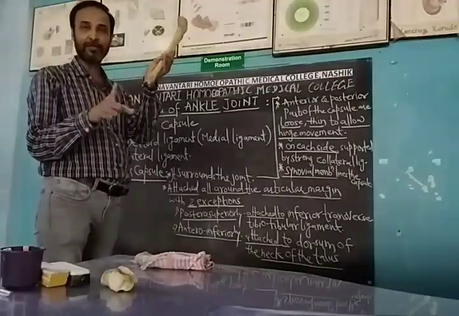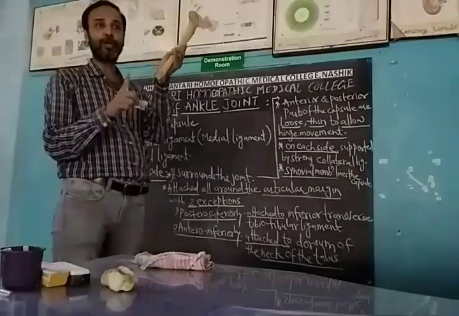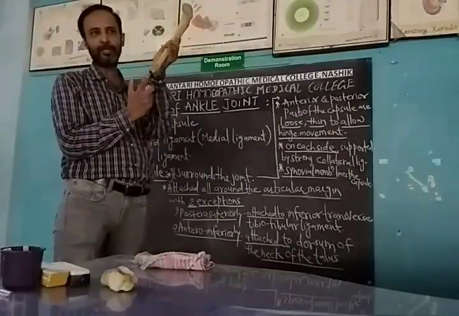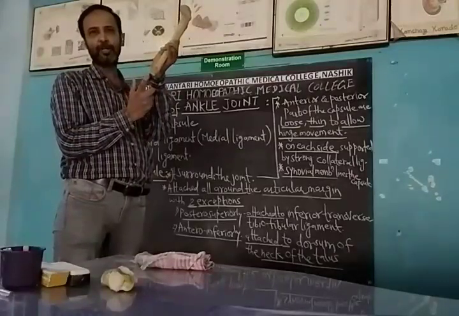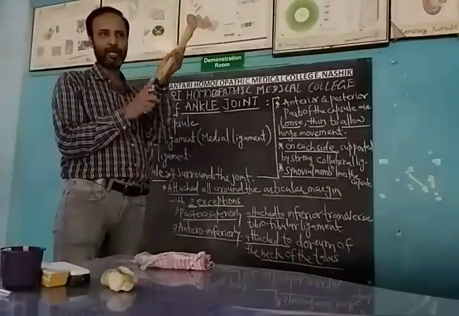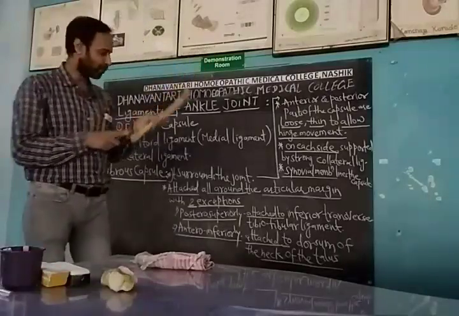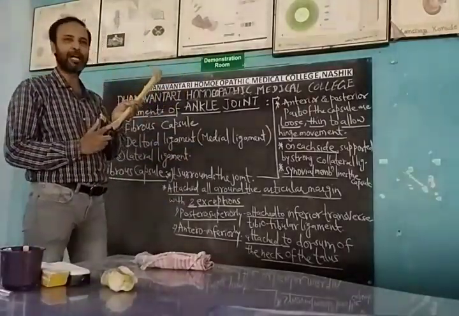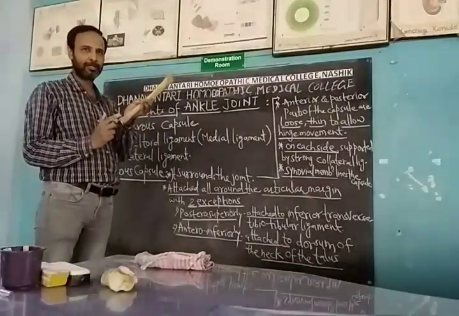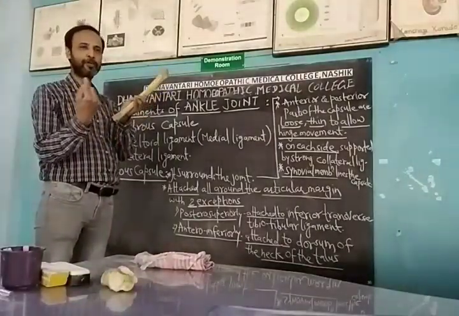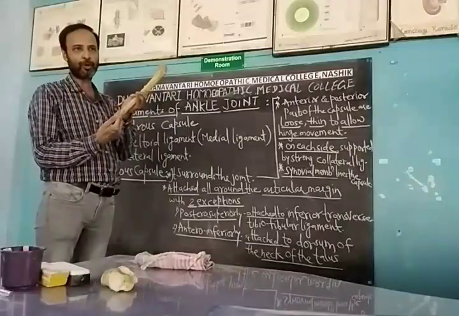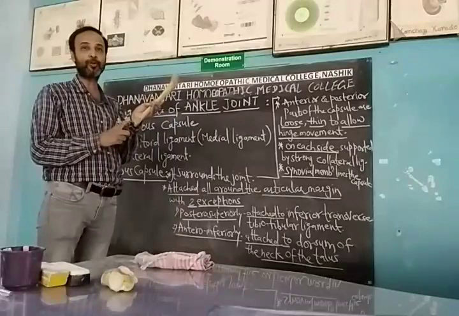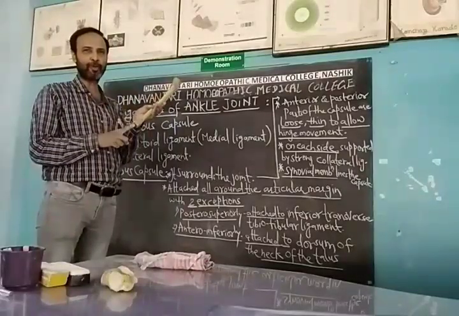The inferior transverse tibiofibular ligament is on the posterior side, between the tibia and fibula in the inferior part, and the capsule is attached to it. So the posterior-superior part is attached to the inferior transverse tibiofibular ligament. This is one exception. The rest of the capsule surrounds all the articular margin of the joint, but in these two exceptions it is not attached at the articular margin. Posterior-superiorly it is attached to the inferior transverse tibiofibular ligament.